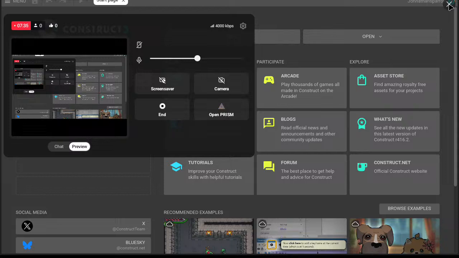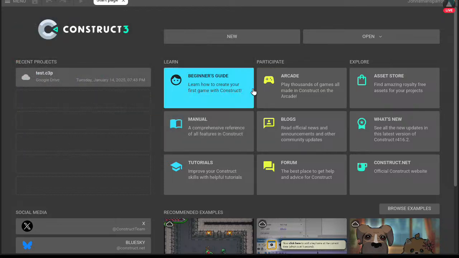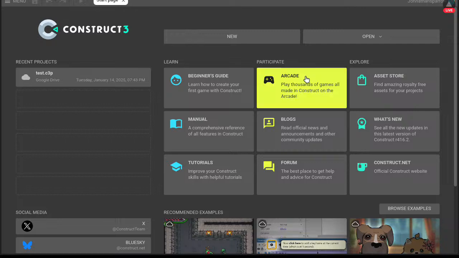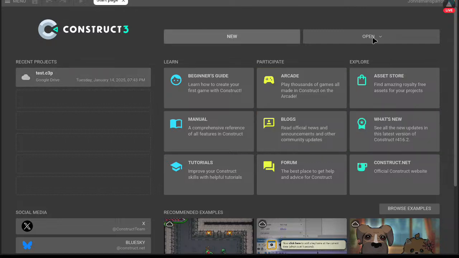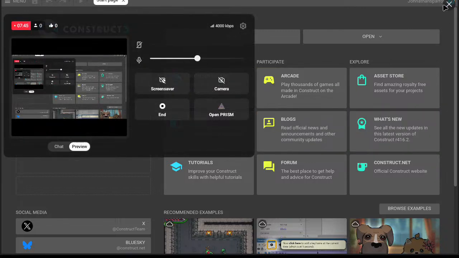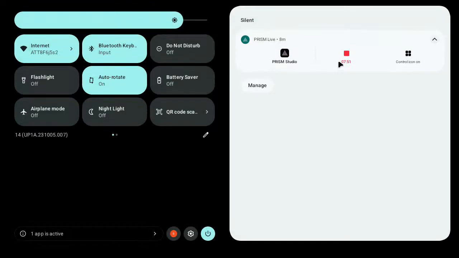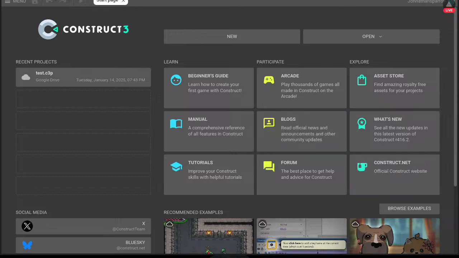Damn, I'm at 42%. I might have to plug this in because that would mean sacrificing my mouse. So I'm probably not going to be streaming for super long. Is there a way to turn on battery saver?